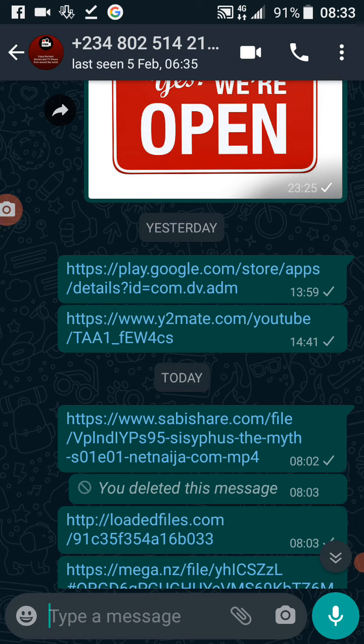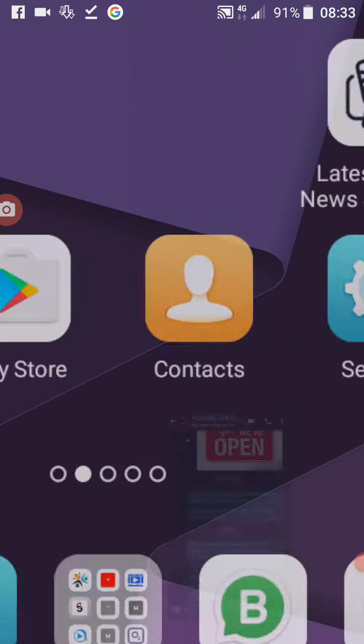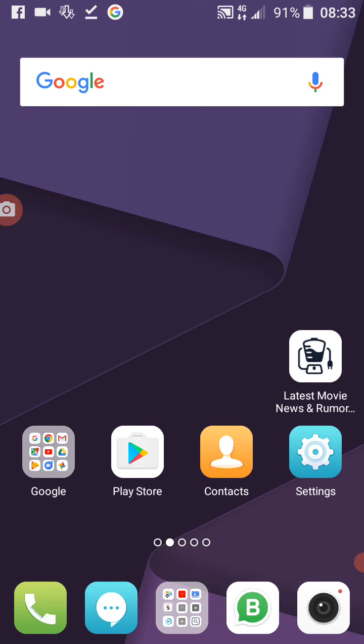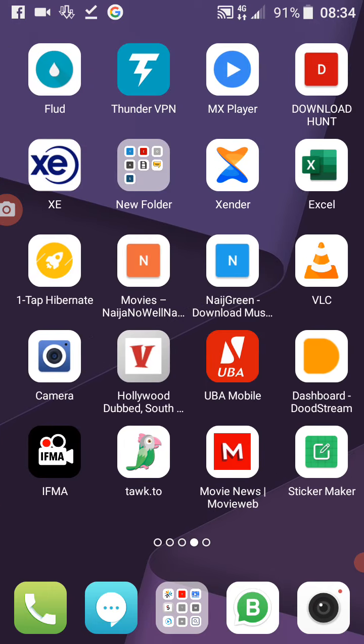Okay. So, let's now go to how to subtitle. If you have MX Player on your phone, the link might be playing directly on your phone because you need to change some settings on it. So I will advise you to go away with that and get VLC. If you don't know how to adjust those settings, I might post a video on how to adjust the settings. But if you don't know how to do that, it's better you have VLC. So let me show you how to subtitle.